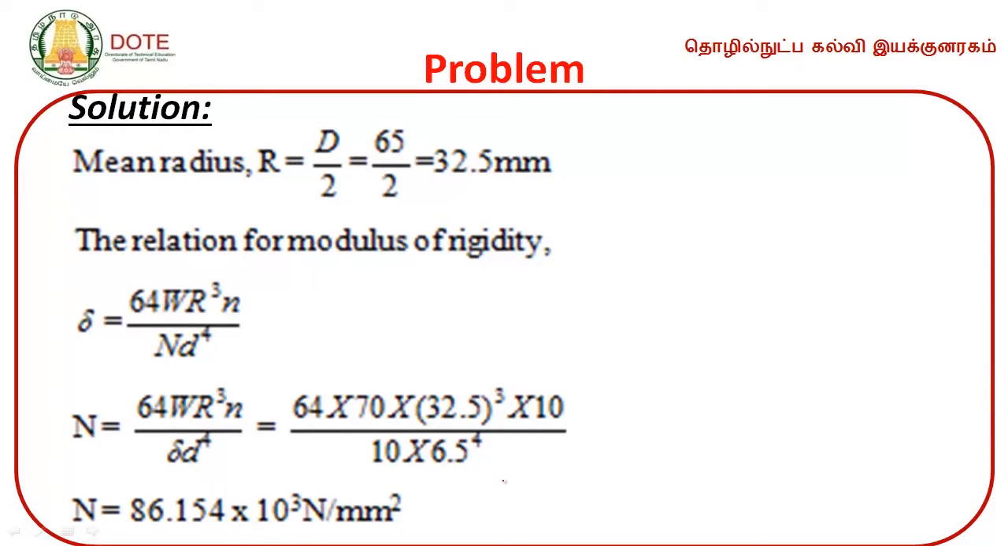So from D we have to calculate the value of R. What is R? Mean radius of the spring. So it is going to be the mean diameter of the spring divided by 2. So it is going to be 65 by 2, which is equal to 32.5 mm. We know the relation for modulus of rigidity,